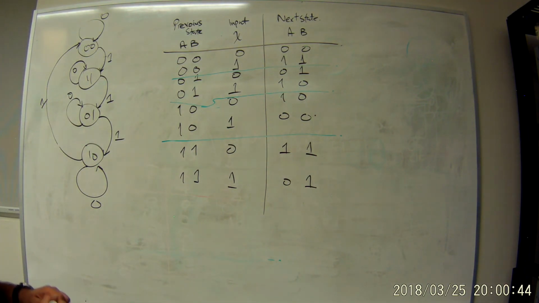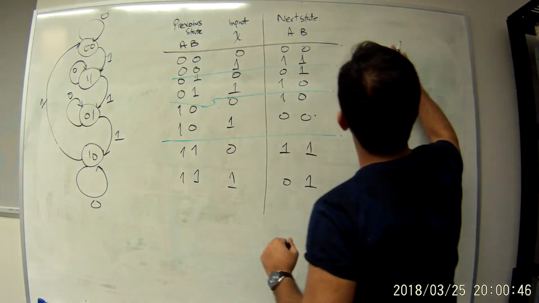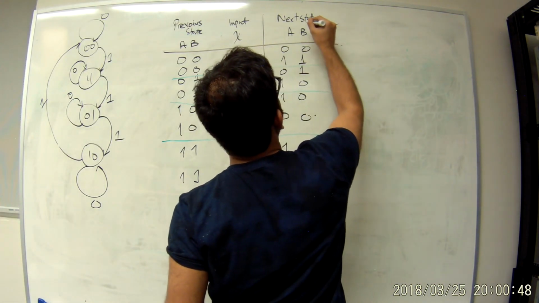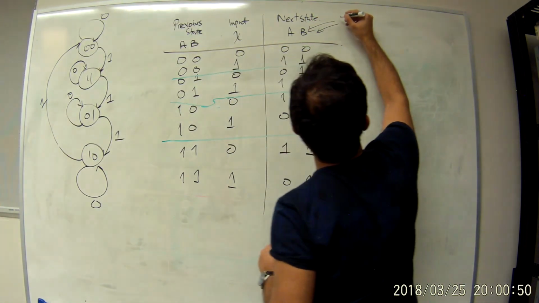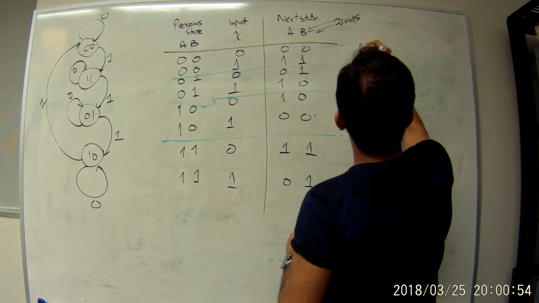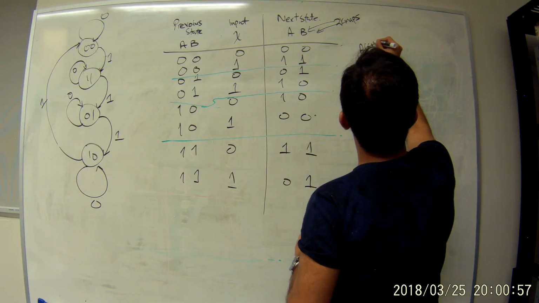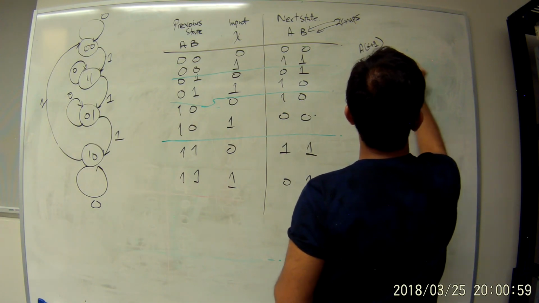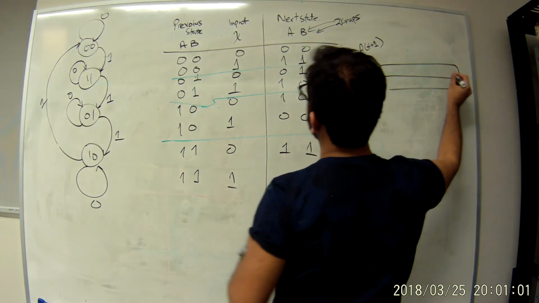From here, if we need the equation for this circuit, we know our next state is represented by 2 bits, so we need 2 K-maps, one for each bit. So A at T plus 1, K-map for that. 3 bits, we're using 3 bits, 1 for